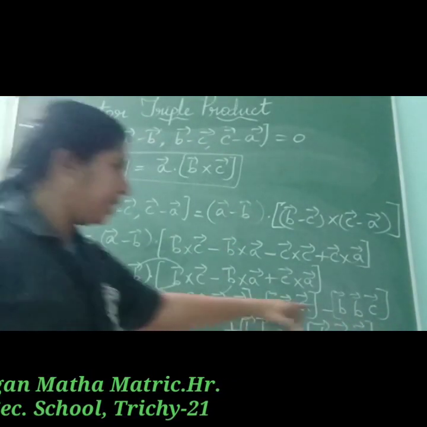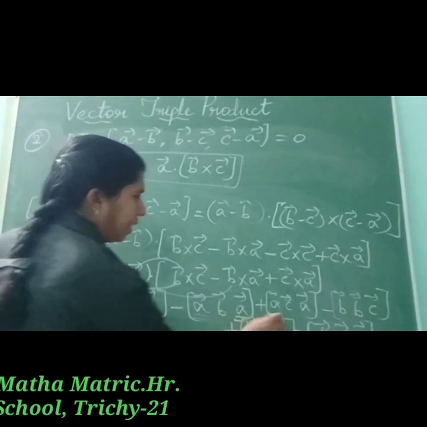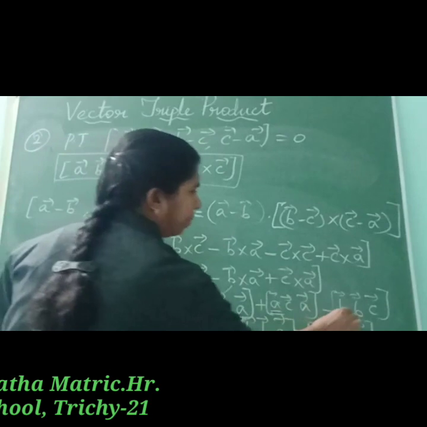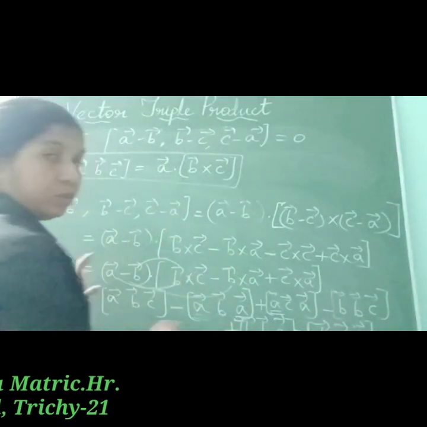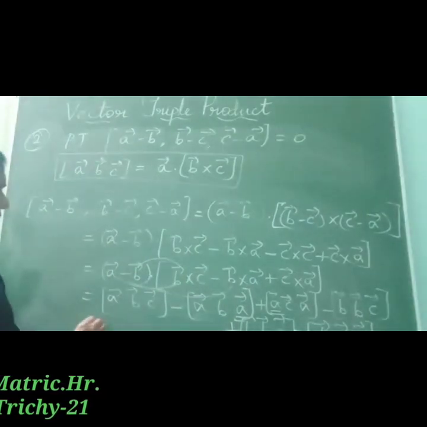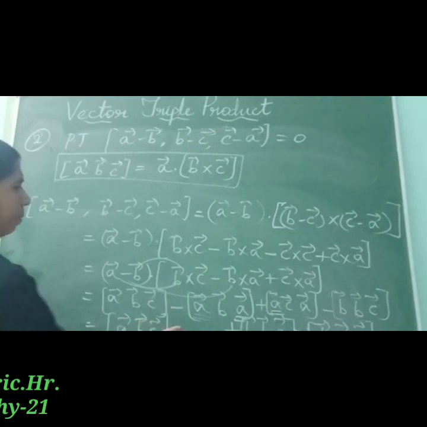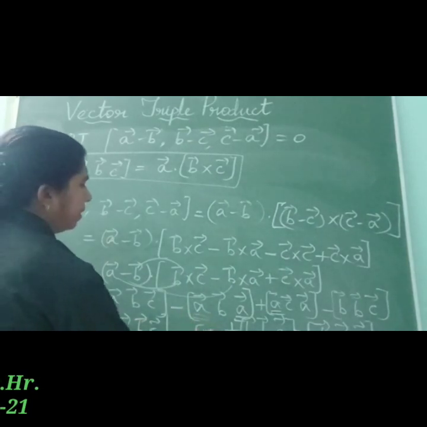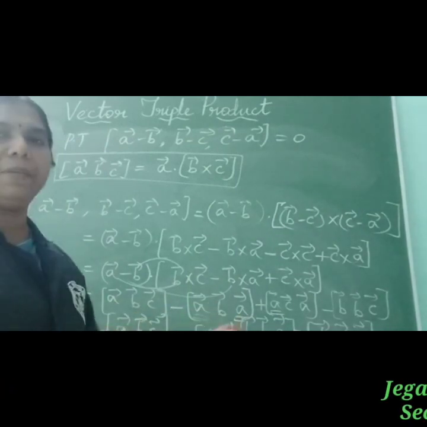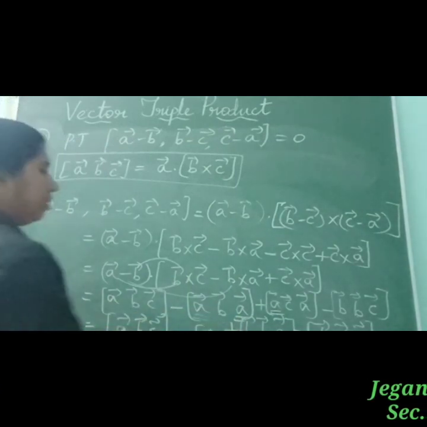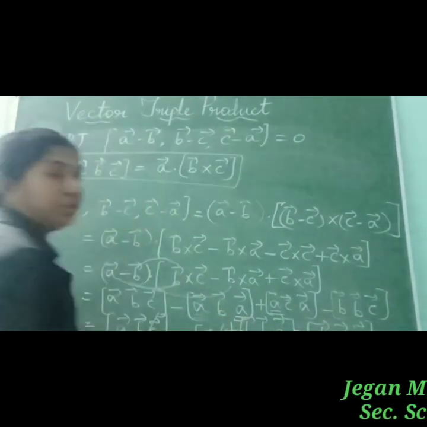When you are considering this, if any two vectors are equal, here [A, B, A], [A, C, A], [B, B, C], [B, B, A], all the values are equal to 0. So we are left with only two terms, that is [A, B, C] minus [B, C, A]. The box products of [A, B, C] and [B, C, A] are equal, so both will be cancelled. The answer must be equal to 0.